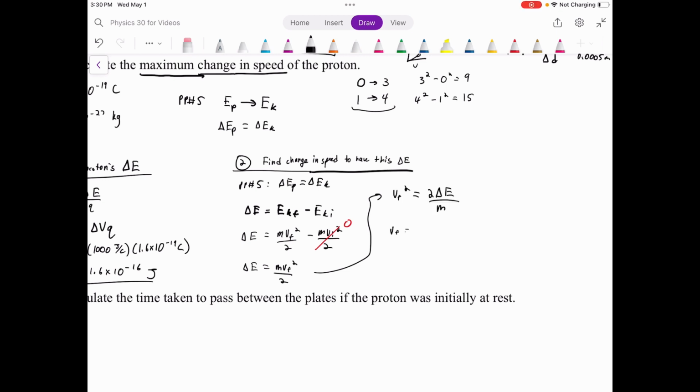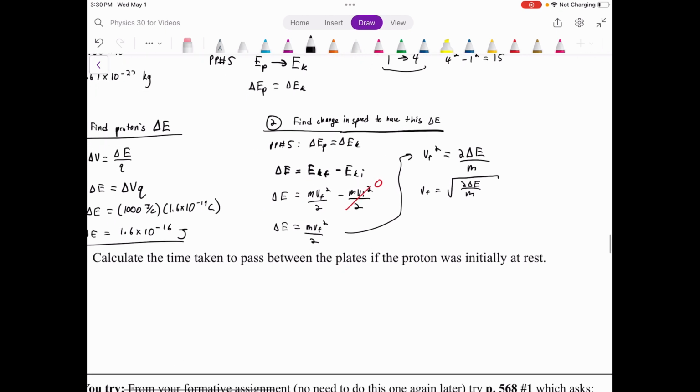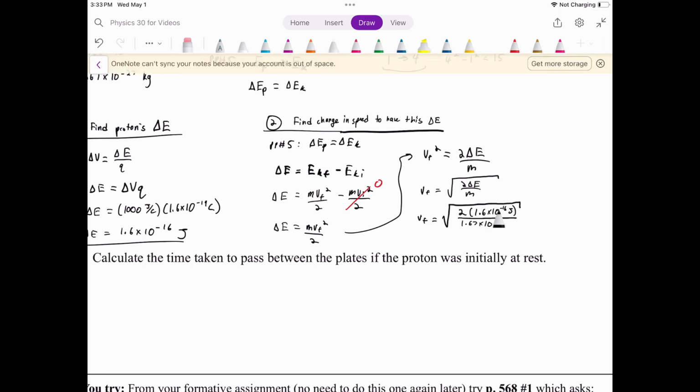And then if we just square root both sides, we will have solved for the final speed of this proton. Okay, so like I said, we've got all our numbers. Let's put them in and calculate. Here we go. So this proton's final speed will be 2 times its change in energy, which we figured out with the voltage and the charge, 1.6 times 10 to the negative 16 joules. Then the mass of the proton we know from the back of our formula sheet is 1.67 times 10 to the negative 27 kilograms. So putting that into our equation here and calculating, I got that the final speed of this proton would be